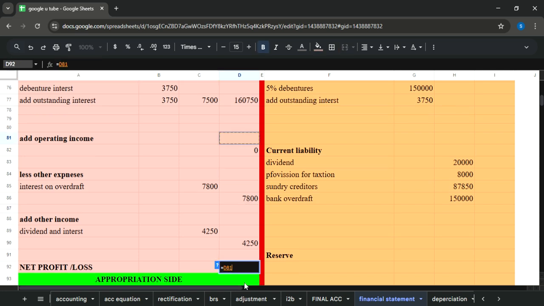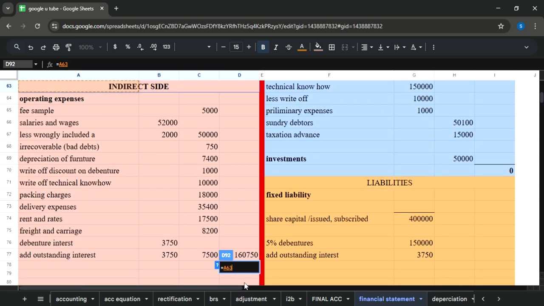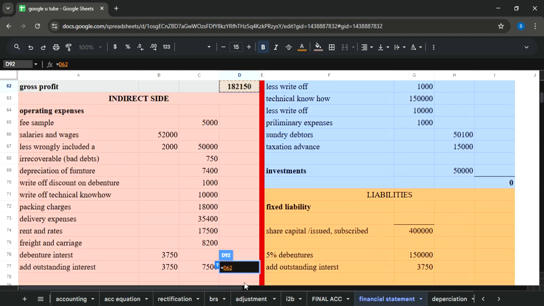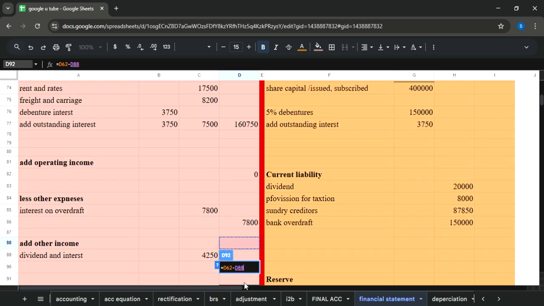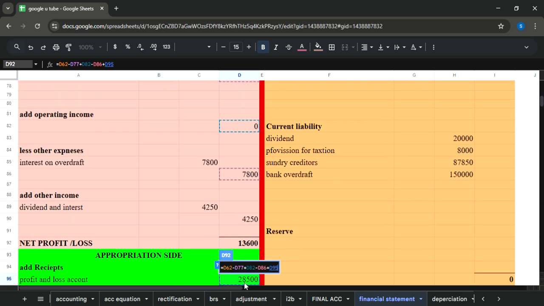So first we will go to gross profit, and then we will subtract operating expenses, and then we will add operating income, again subtract other expense, and then add other income. So what we have got is